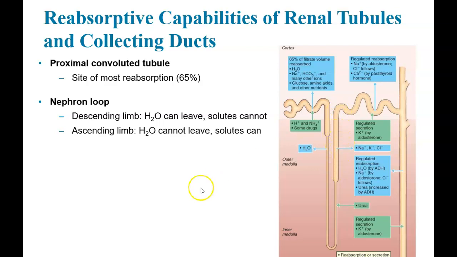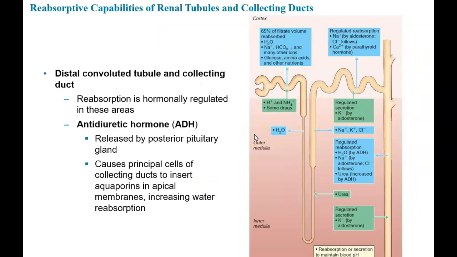And then we'll get to the distal convoluted tubule. The distal convoluted tubule and the collecting duct is where reabsorption is hormonally regulated. So, for example, at the distal convoluted tubule, salt is regulated by the hormone aldosterone, and calcium is regulated by the parathyroid hormone. There's also the ADH, which is the antidiuretic hormone, that affects how much water is being reabsorbed at